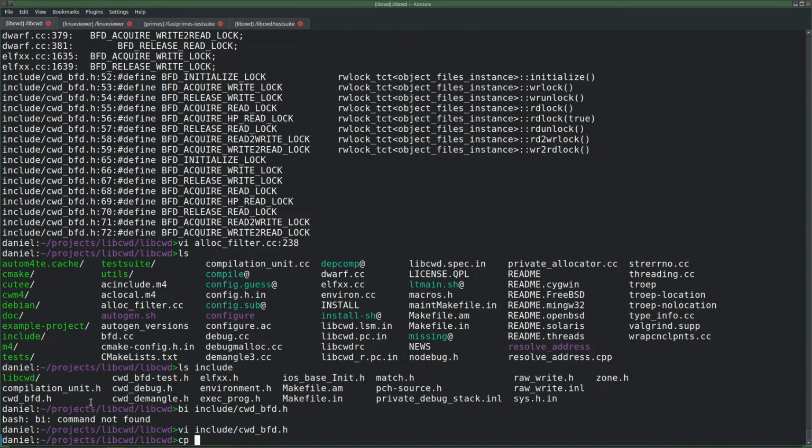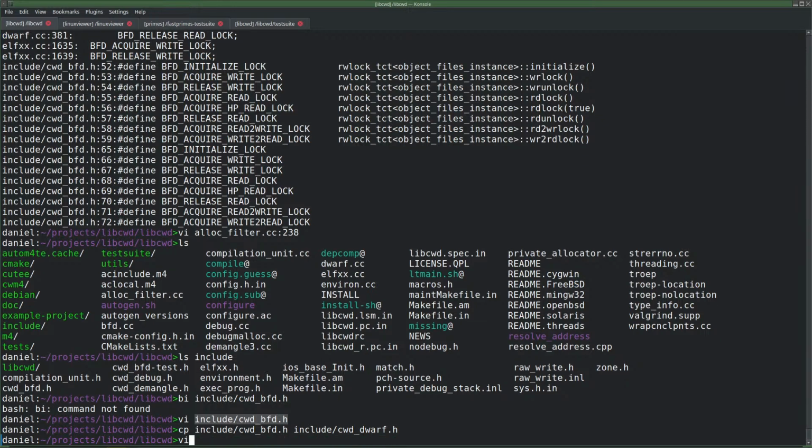So I did rename bfd.cc to dwarf.cc. And then removed a lot of stuff except what I really needed. So we're just going to do the same thing here, I guess. Copy that to something called DWARF. And then